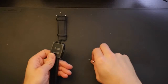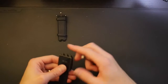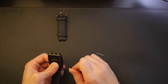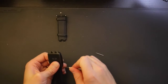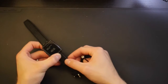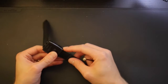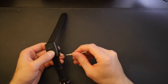So you put the new strap on, and then you put the pin through. Remember, one side goes in one way, as you've seen when I took it off. One side goes in this way, and the other side up here goes through that way. So they go in opposite ways. Put that bit on first. Don't forget to put the little keeper on first, otherwise you'll have to take it all apart again. Push this through, just wiggle it so that you can get through all the different bits. And then